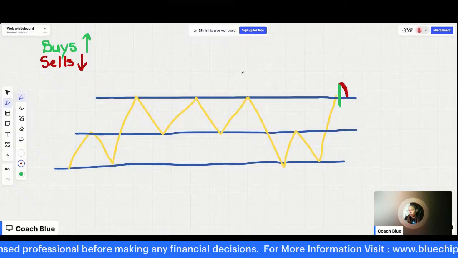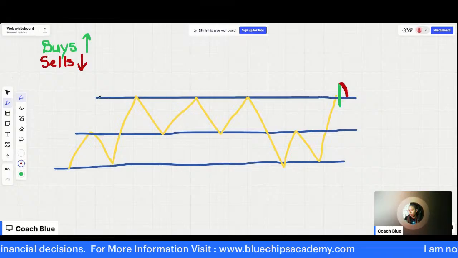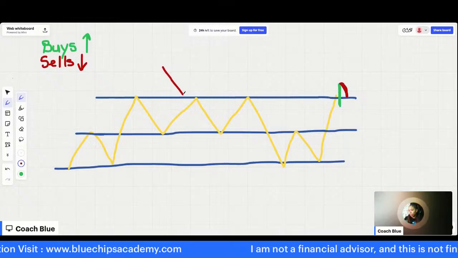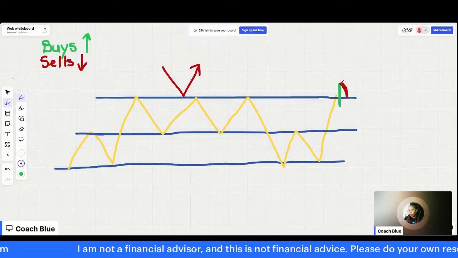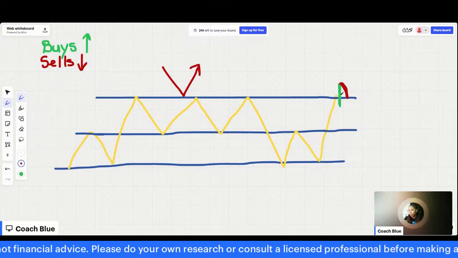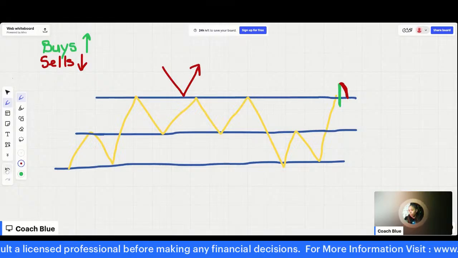Why? Because let's look at this. Let's say that this level right here is now our floor. When price comes down to the floor, what happens? It bounces up. Well, this is showing you that when price came down here and is staying here, this is our possible level of support. But how can we confirm if it's support or not? That's where continuation comes in.